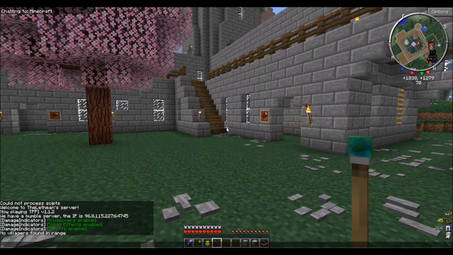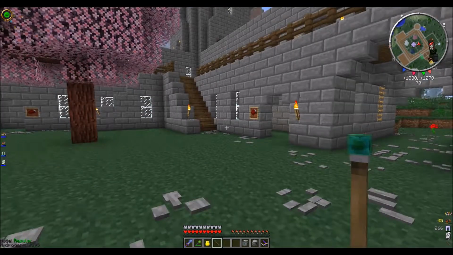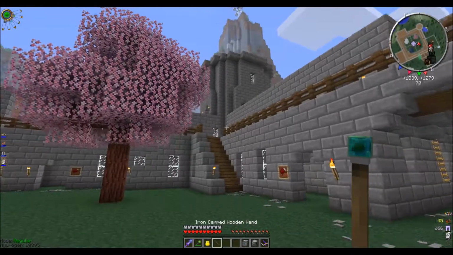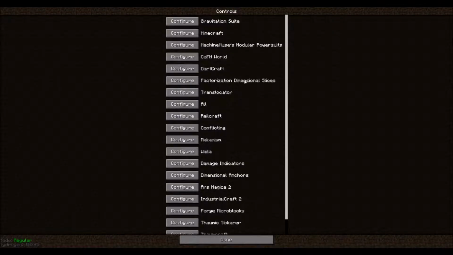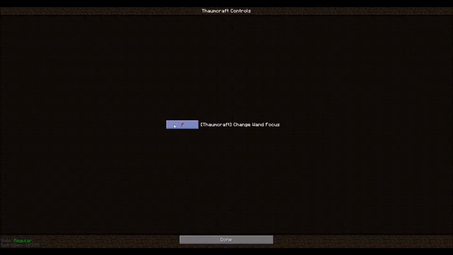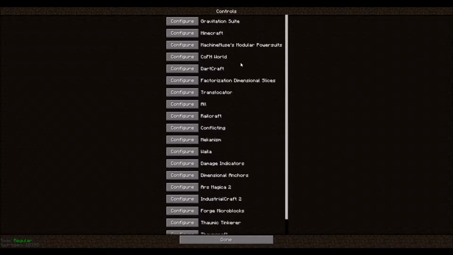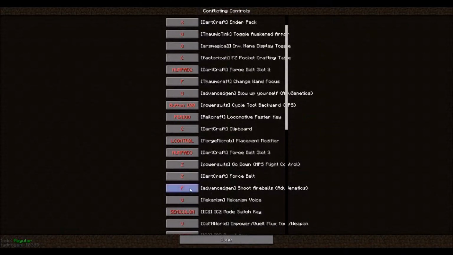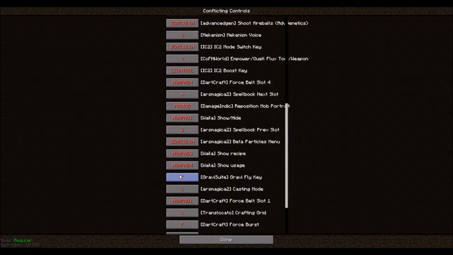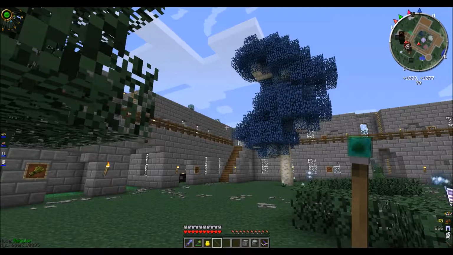Oops, wrong button. Let's see. Huh. I think I've updated versions since the last time I assigned this button. Let's see, controls, Thaumcraft, change focus, currently F. That's what I want it to be. What else is on F? Up. Let's change that to our default key, semicolon, semicolon, semicolon. Excellent. Now, if we hit F...